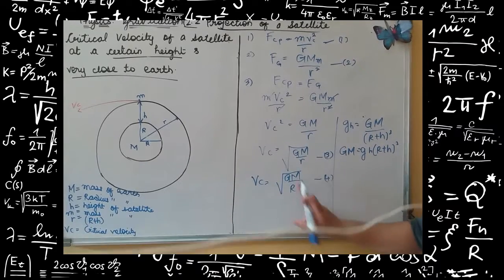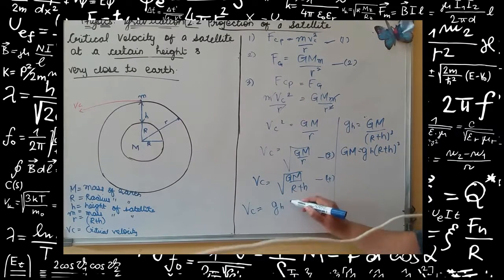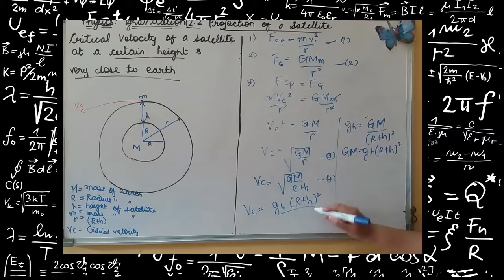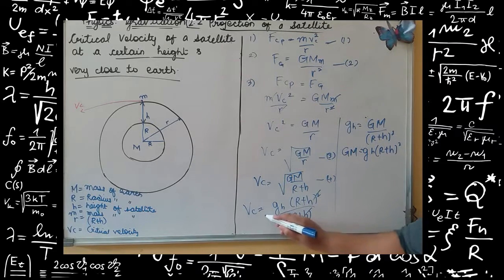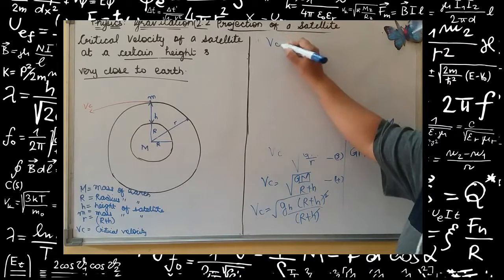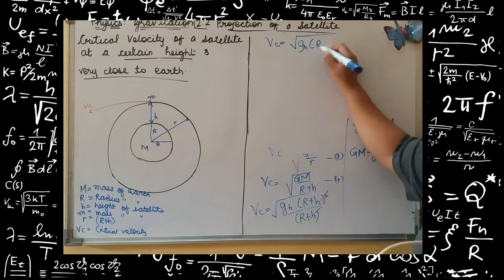We can substitute it here. Vc is equal to under root of gh (R plus h) square upon (R plus h). One (R plus h) gets cancelled, so our final Vc value would be under root of gh (R plus h)